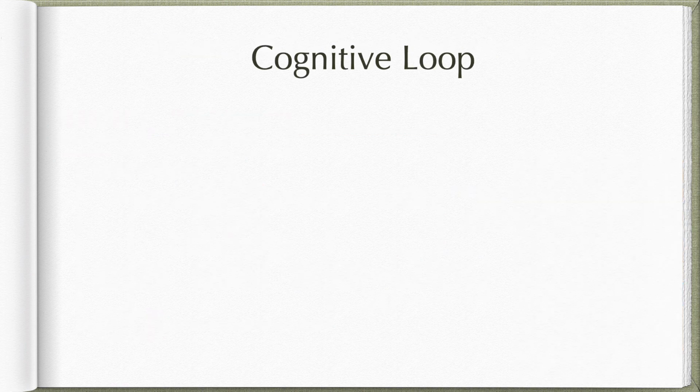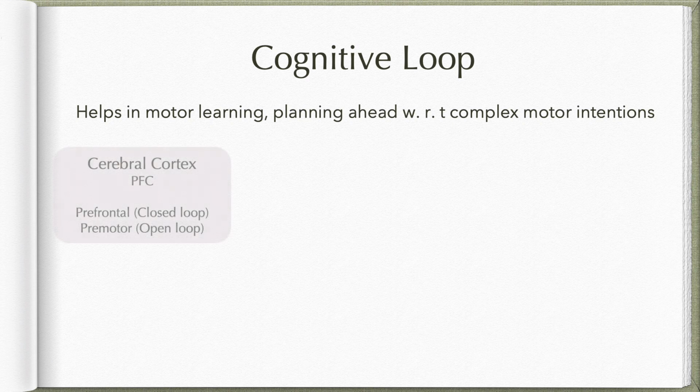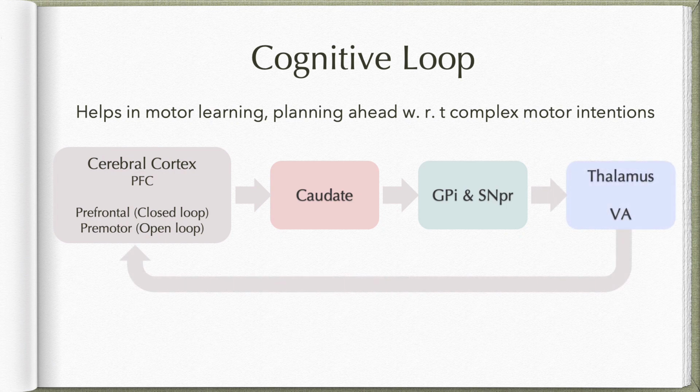Now coming to the other loops, that is cognitive loop. This helps in motor learning and planning ahead with respect to complex motor intentions. So here we have cerebral cortex, prefrontal cortex, which will be sending its output to caudate nucleus. The caudate nucleus will then send output to the output nuclei, that is globus pallidus internum and substantia nigra pars reticulata, which will then send information to VA nucleus of the thalamus, which will send information back to the cerebral